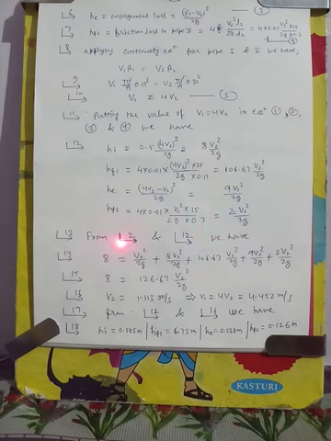So from line 2 and 12 we have 8 is equal to V2 square by 2G plus 8 V2 square by 2G plus 106.67 V2 square by 2G plus 9 V2 square by 2G plus 2 V2 square by 2G. So by adding all the terms we get 126.67 V2 square by 2G, and by solving this we get the value of V2 as 1.113 meter per second, and we know that V1 is equal to 4V2, so V1 we get 4.452 meter per second.